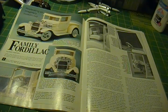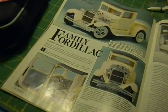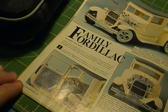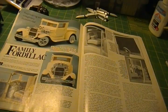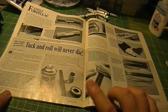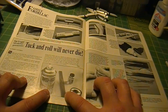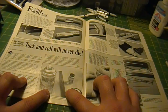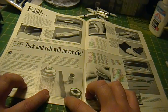One thing I did find interesting about this is that they mimic a tuck and roll interior, as you can probably see there, and they do it with solder. So let's see if I can find, yeah, here they put solder in like a flat piece of metal, which they use like a milled piece of metal, but I'm guessing you could kind of use a ruler with like a ridge in it, like a ruler from a